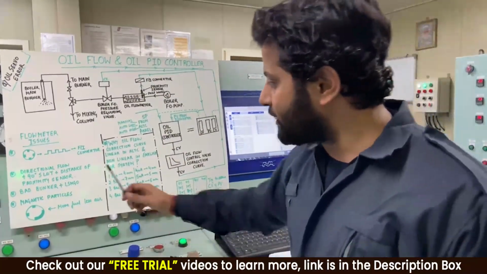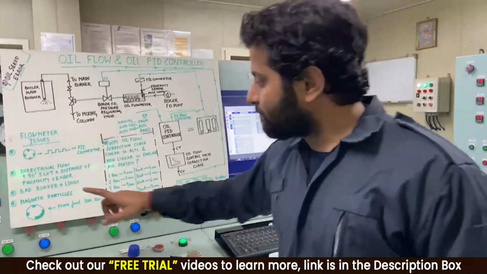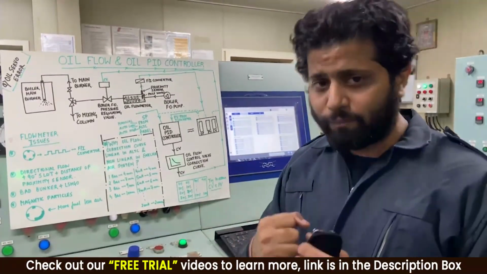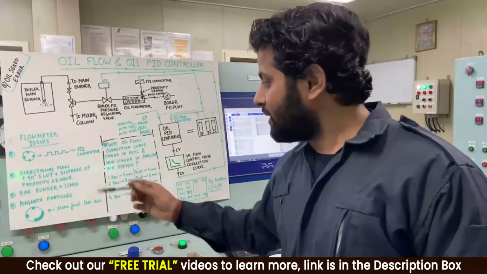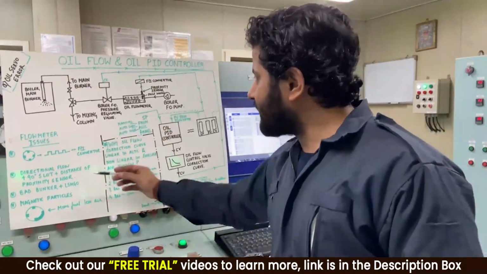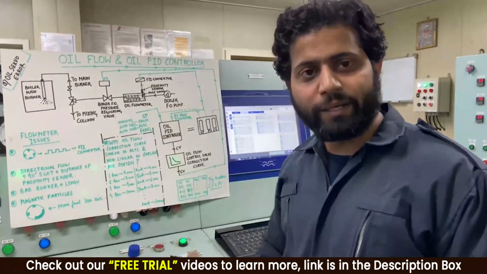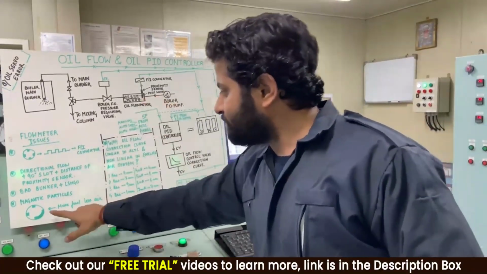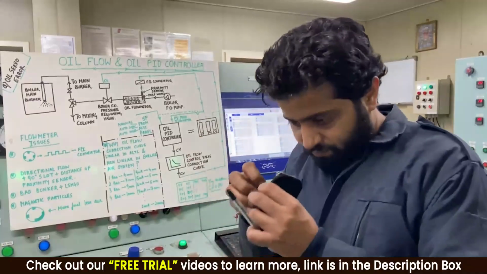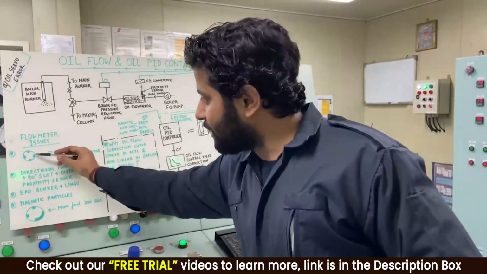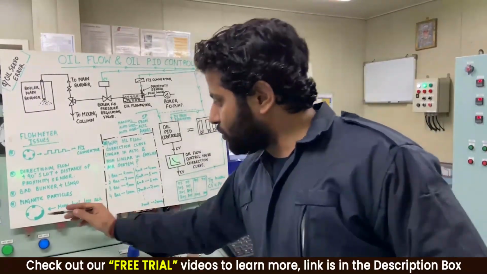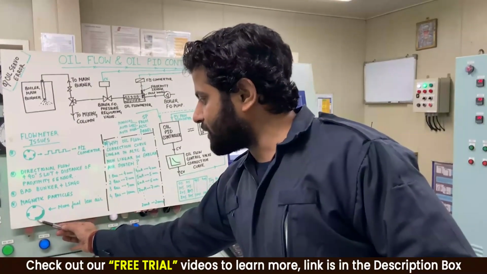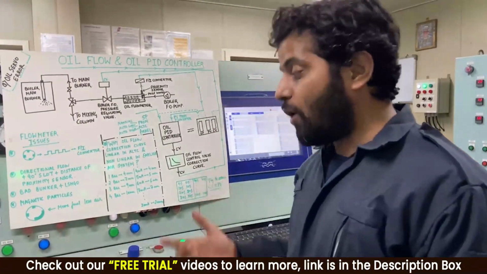Another thing you have to make sure of is that sometimes magnetic iron particles in the filter, or from the pipeline, or from other places, maybe from the pump side, come into this oil flow meter. When they come in, they get attracted by the pole wheel and stick there. Now this pole wheel really has 4 magnets, right? Due to these magnetic particles, they short circuit 2 magnets together.